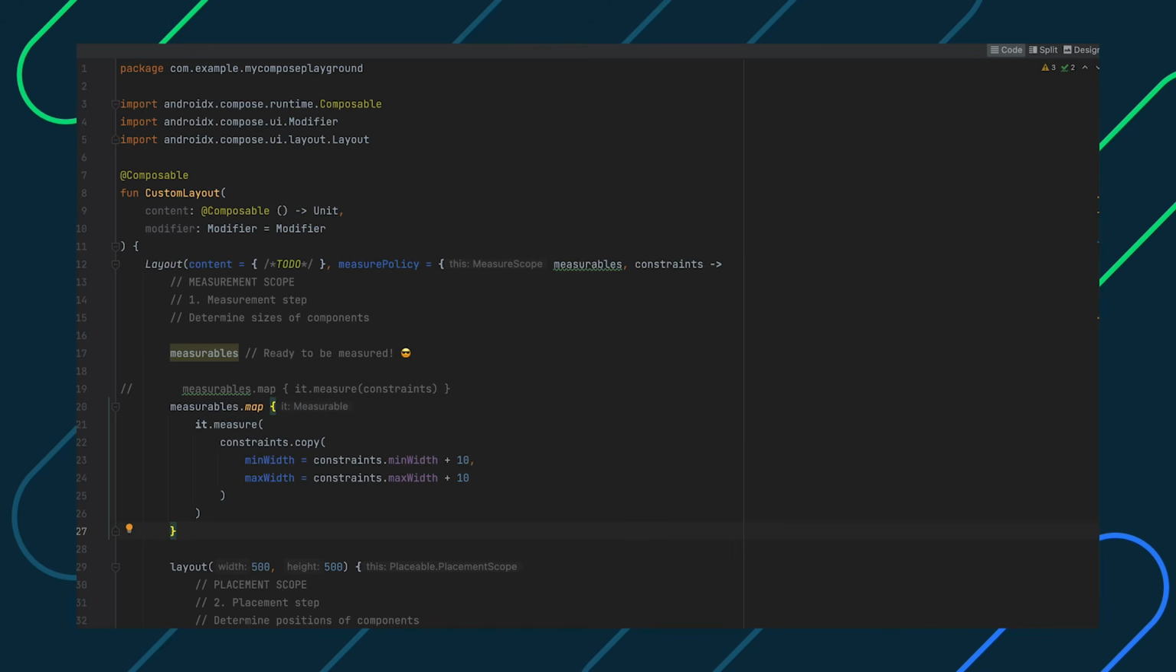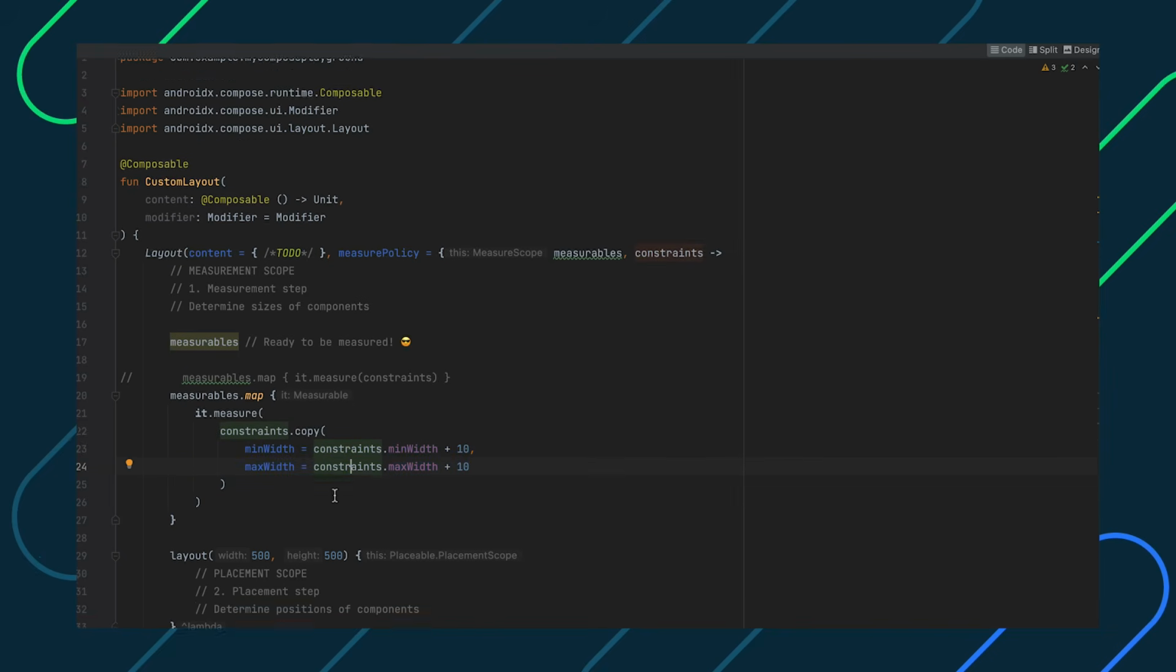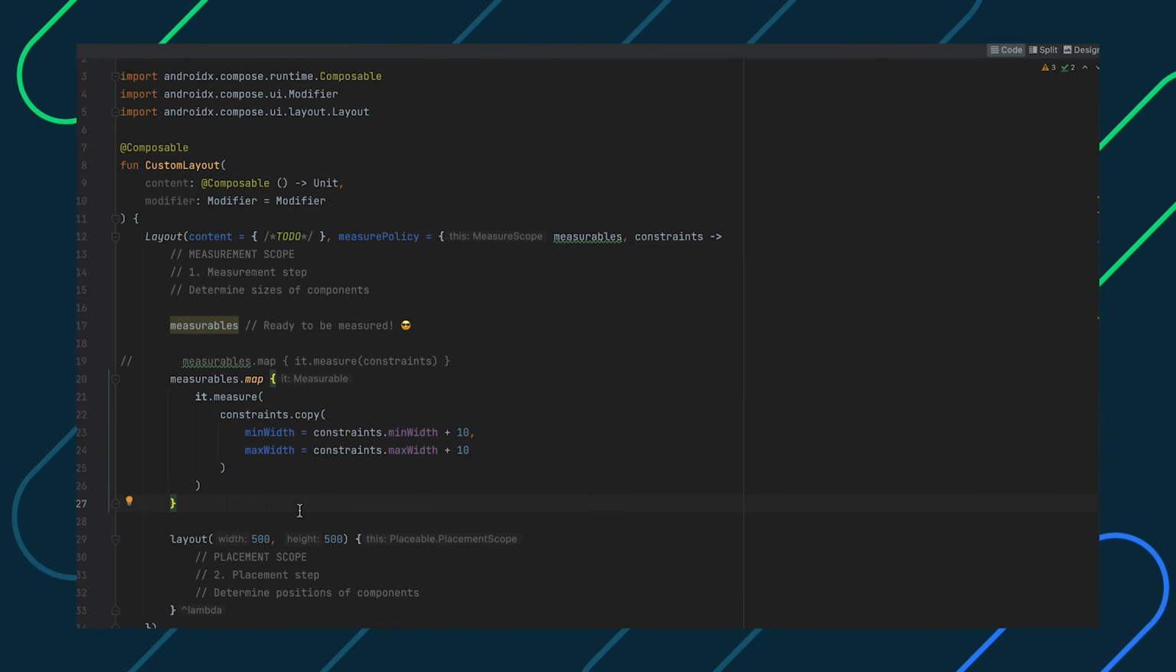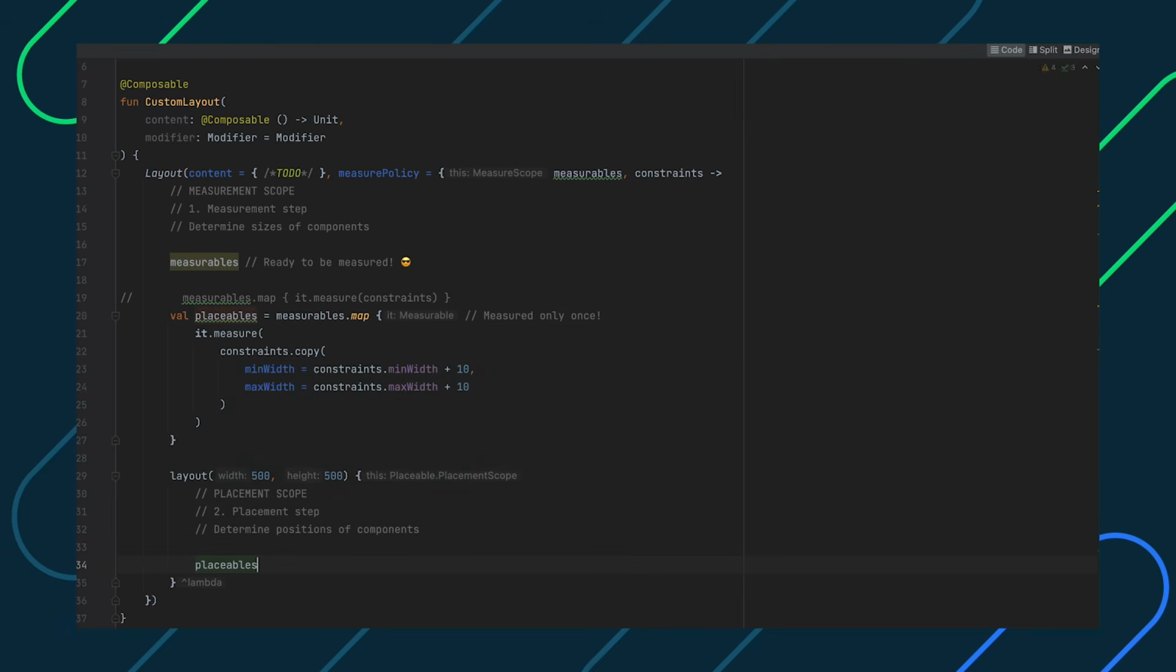or tweak its measurements as needed by copying over constraints you wish to keep and overriding the ones you wish to change. A very important feature of the layout phase is single pass measurement. This means that a layout element may not measure any of its children more than once. Single pass measurement is good for performance, allowing Compose to efficiently handle deep UI trees. Measuring a list of measurables would in return give a list of placeables, or a component that is now ready